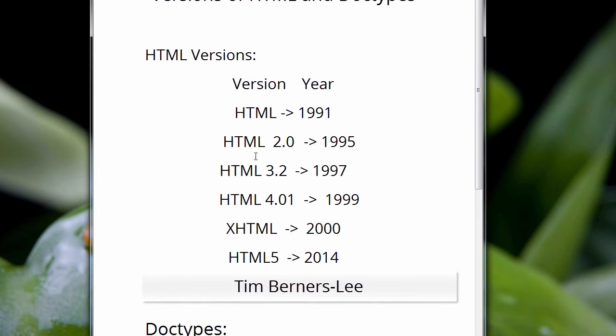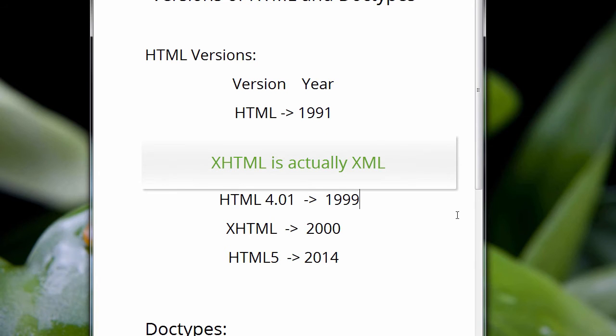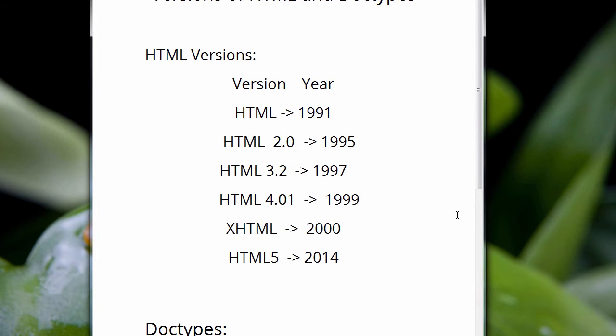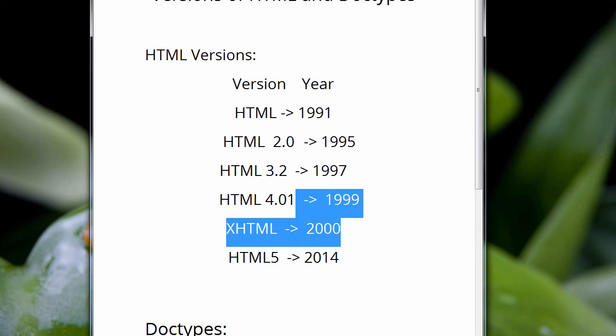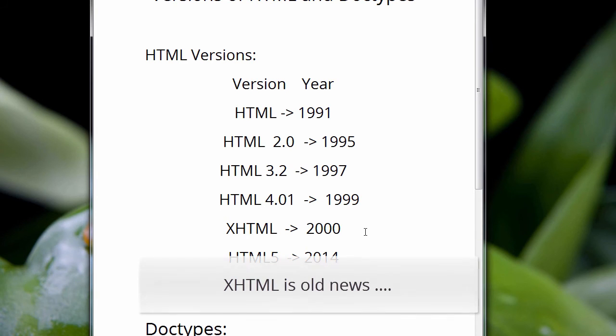And you can see how it progressed. There's HTML, and there's HTML 2.0, HTML 3.2, HTML 4.01. So XHTML, what's that? XHTML is actually another computer language. It's based on another computer language called XML. And it was made to look like and work like HTML. And it was very popular for many years. But now, like all the previous versions of HTML, XHTML is no longer the language that you want to use